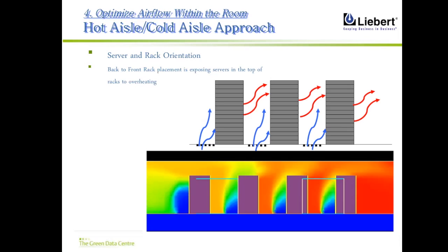This is one of the slides which is very important, very useful if you discuss the control of power in the case of cooling. The approach is the hot aisle and cold aisle approach. So what we do, we try to segregate the cool and hot portions of the data center server room. By doing so, I am avoiding the mixing of cool and hot air. So once hot and cool air are separate, it makes my data center more efficient. You can see the thermal profile on the bottom of the slide, which shows the cooler regions on the lower portion of the rack